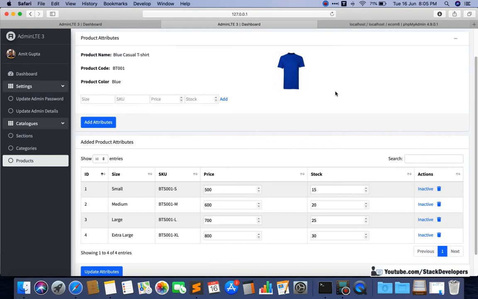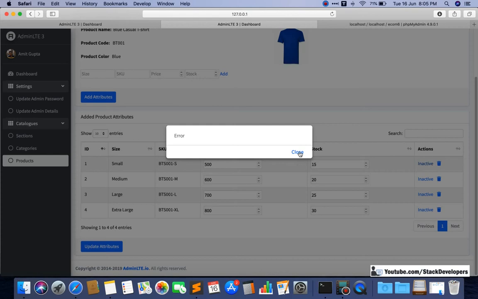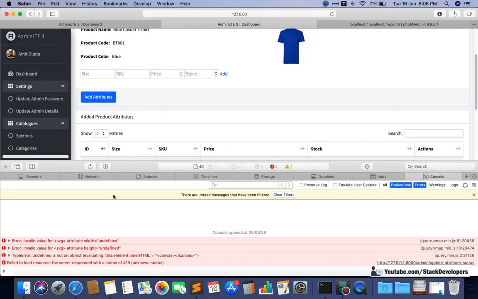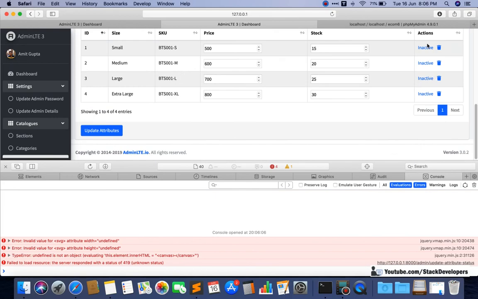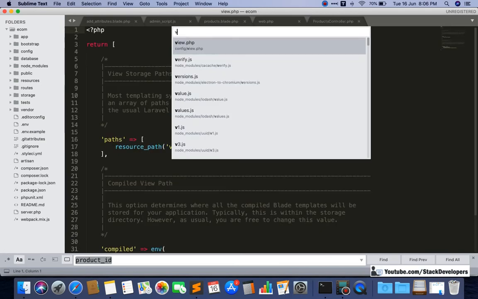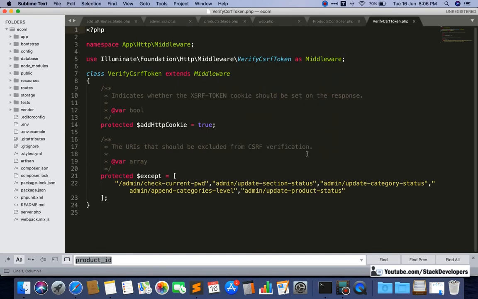So now I'm going to refresh and we'll see all are inactive right now. I'm going to show the error message that is coming, because I will tell you that we need to add verify CSRF token there as well. So I'm going to show why this error message is coming up. I will open the console and we'll see. I will click on this once again, and you can check here that a 419 unknown status error message is coming. It means that we need to add the route in verify CSRF token to skip this check. Okay, so we can simply skip this check,